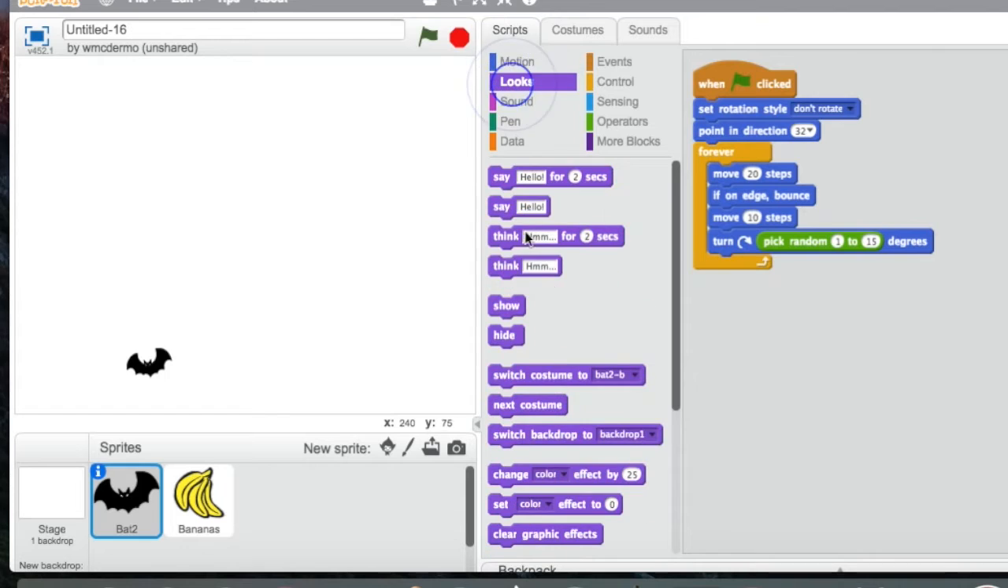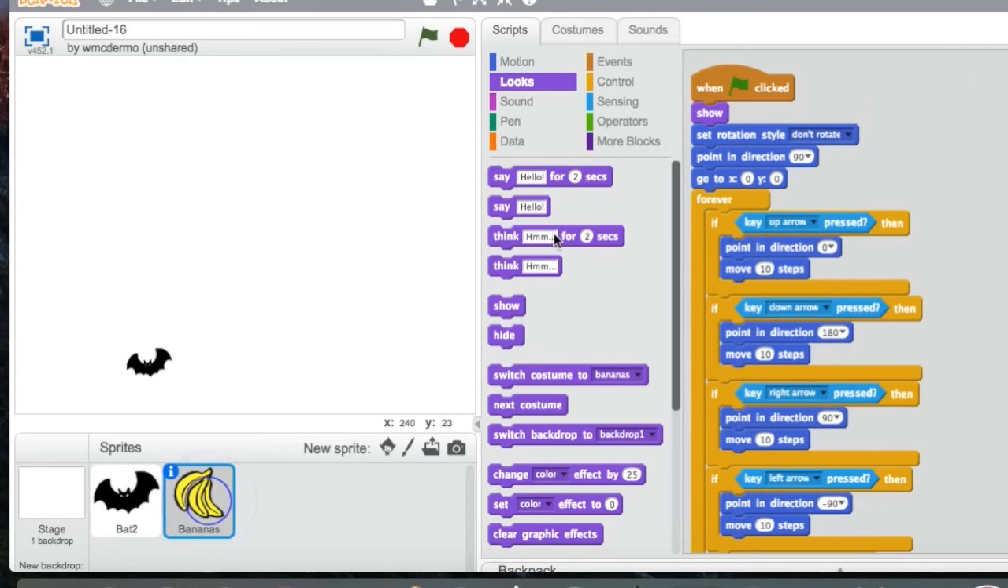To help do this, I created a little game featuring bats and bananas. Bats love to eat bananas, so the game basically is you are a banana, and the bat is chasing around trying to eat you. So, I've already built the script. In this case, I'm going to show you how they're built and then see if you can